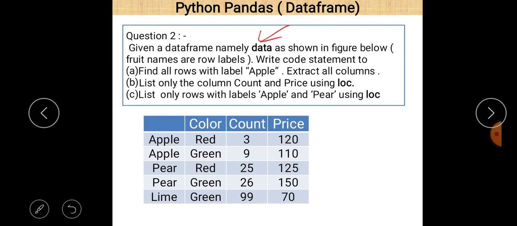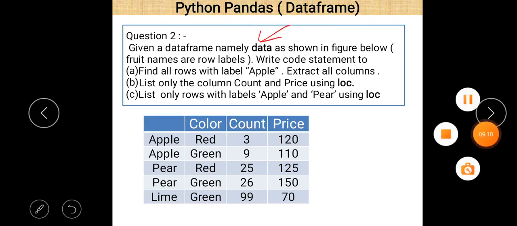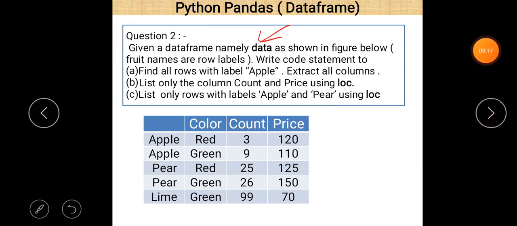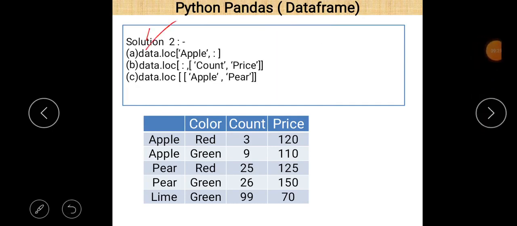So here the name of the data frame is data. So first of all, just write data.